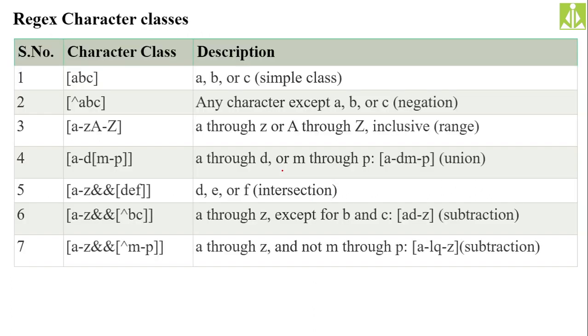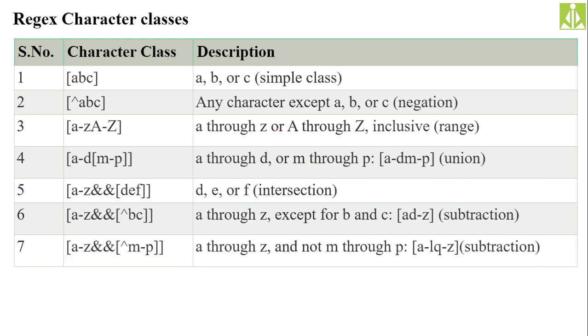Okay, so we have some regular expression character classes over here. See, in between square brackets, if you keep ABC, it constitutes only one character position, and that position can be either A, B, or C, nothing apart from those. This will constitute only one character location. Remember this one.